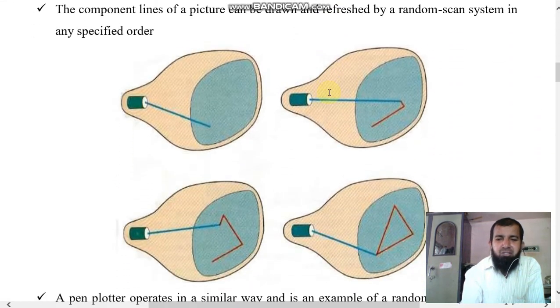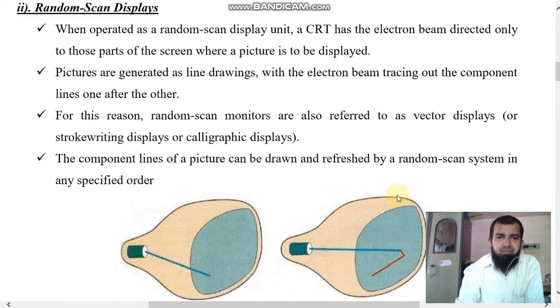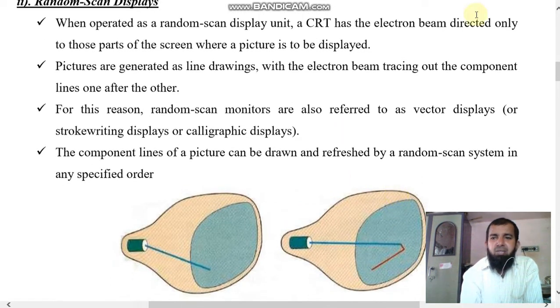For example, if we want to display this picture, the beam is directed only to that part of the screen, not the full screen.